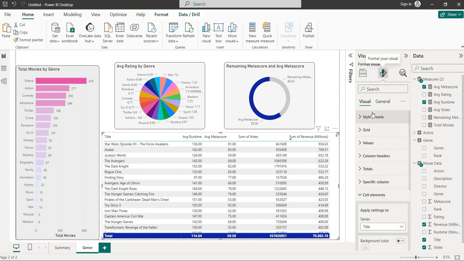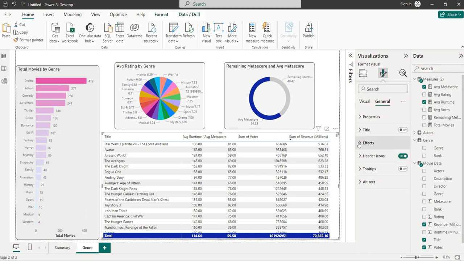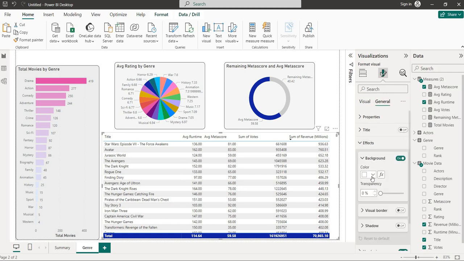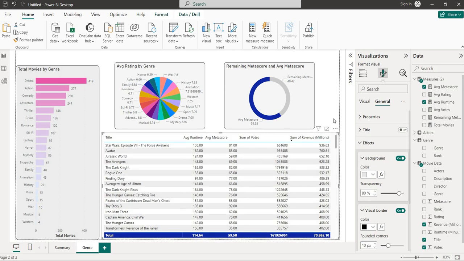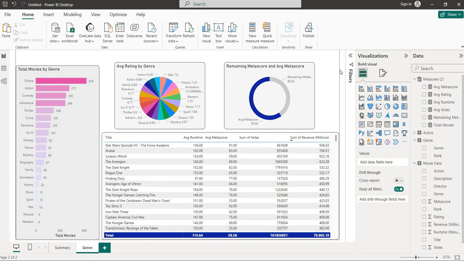And use the background color. Don't do the background color effects. Background color to here, and transparency is up to 80. And visual border, yes, with the round corner of 10. Okay. Hope it is clear now.